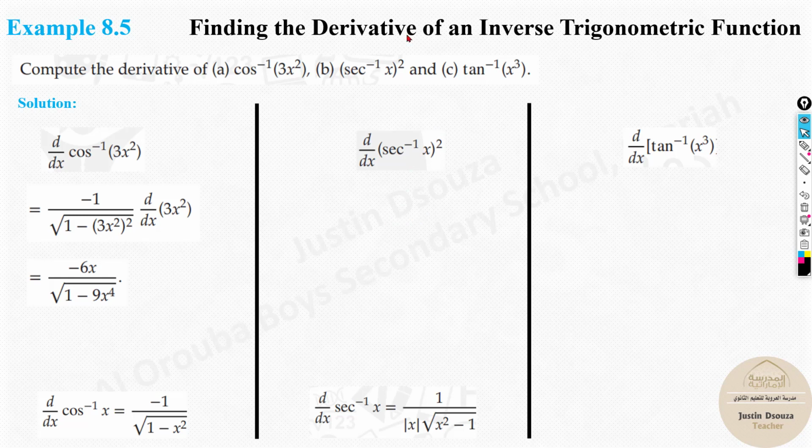Look at the square that is outside. So the power rule is first. Why? Because the square is outside the terms, right? Can you see the square? The outermost term is this, then comes the inner term. So it will be 2 times sine inverse x. Then you need to derive secant inverse x. We know secant inverse x is this formula itself. So it will be 2 times secant inverse x and 1 by magnitude of x root of x square minus